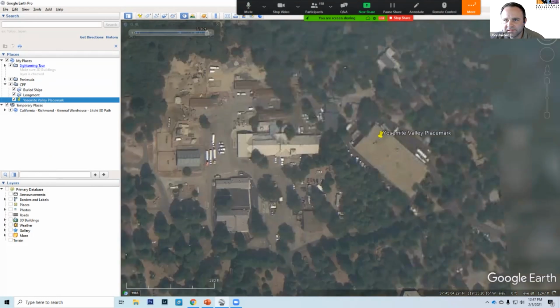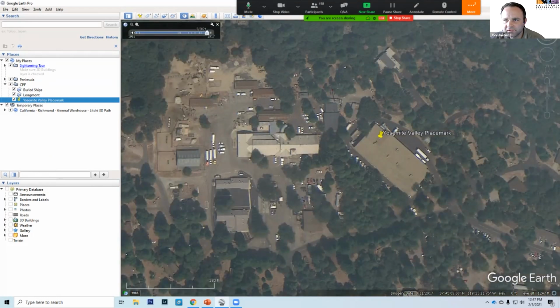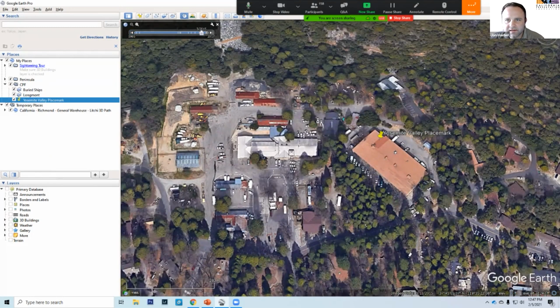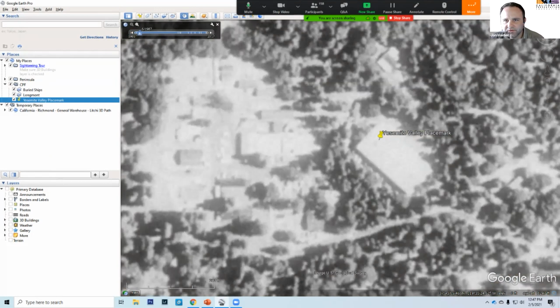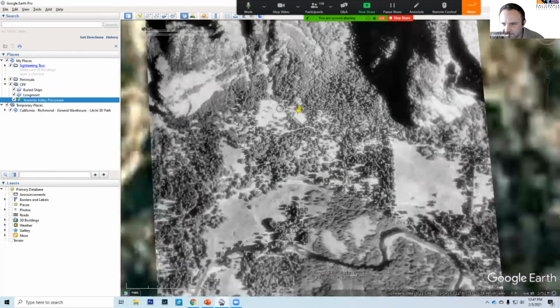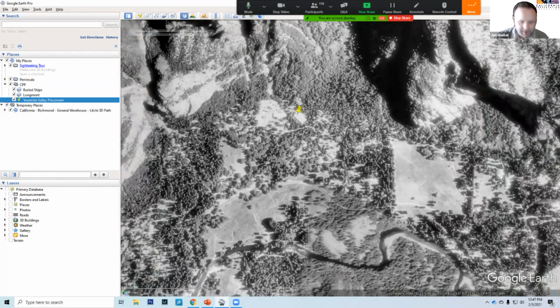Here's an image from 2017. You can click the left arrow to go back a couple of years. Here's an image from 2015. Some of these go as far back as the 1940s. Unfortunately, with Yosemite, the furthest back we can go, it looks like, is 1987. But if you go to my hometown of Richmond here,